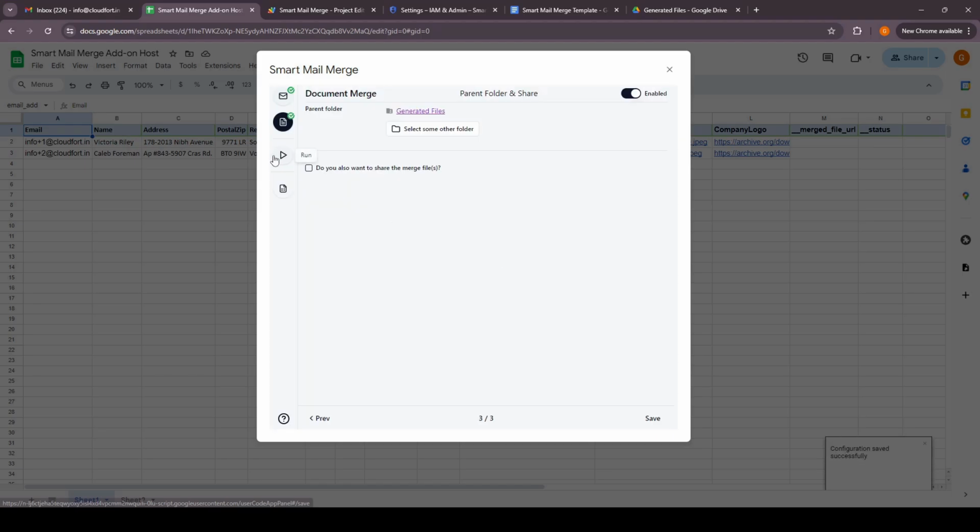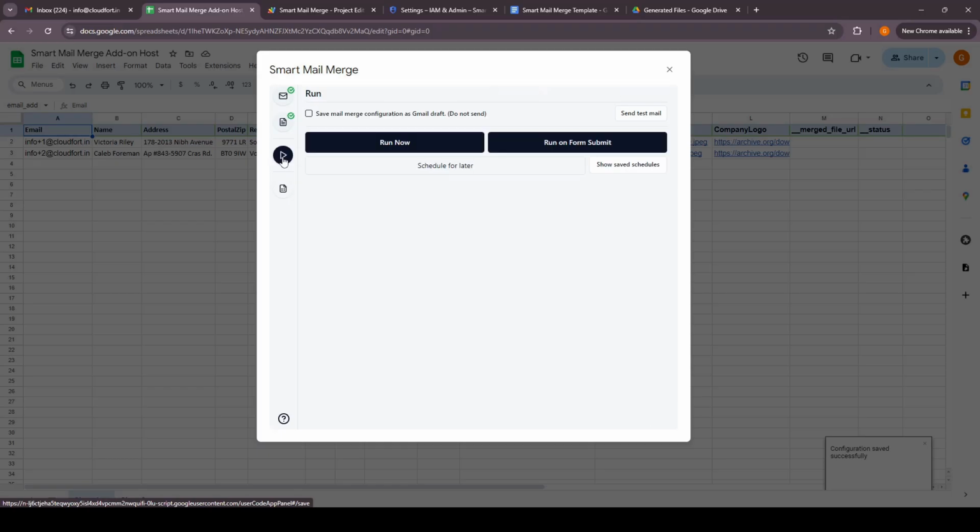Okay. So the next step is run. We have different options over here. Do you just want to create drafts for these two rows and not send them, or do you want to send a test email, or do you want to run it now, or do you want to schedule for later? And if it was a Google Form linked spreadsheet, we could click on run on form submit, and what